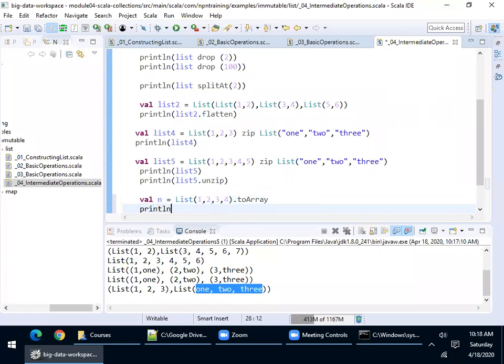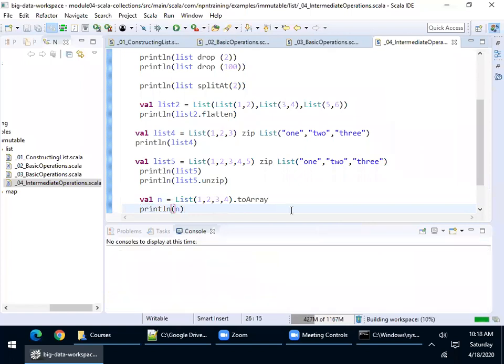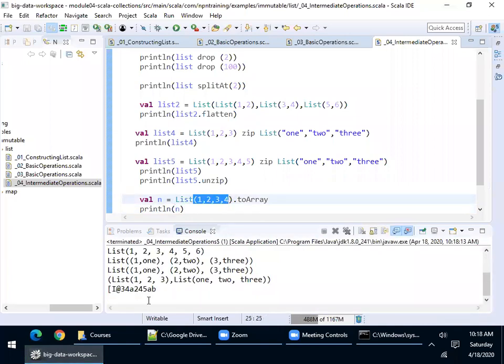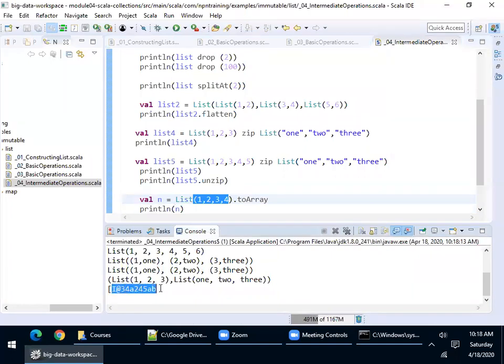Now I can simply print this. Now, if you see the value of n here, it shows you 1, 2, 3, and 4. Oh, okay. Now, can anybody tell me why you are not getting 1, 2, 3, 4? Instead, you're getting some sort of a hexadecimal value here. Anybody? Since n is an object. Rather than an object, yeah, it is a reference.